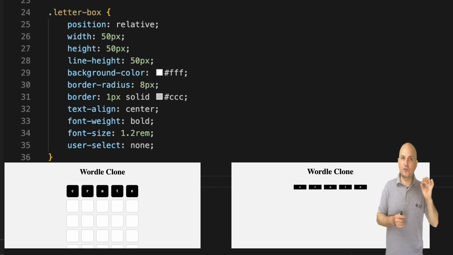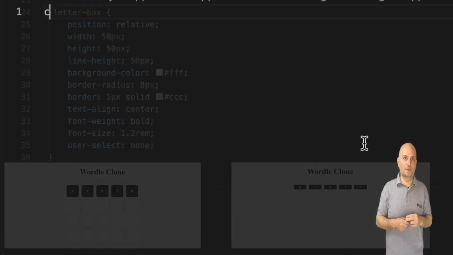We define the font to be bold, slightly larger, and center aligned. Finally, we block user selection of the word so a user can't copy and paste. With this, the CSS is completed and we can move to the script.js file where the application is implemented.